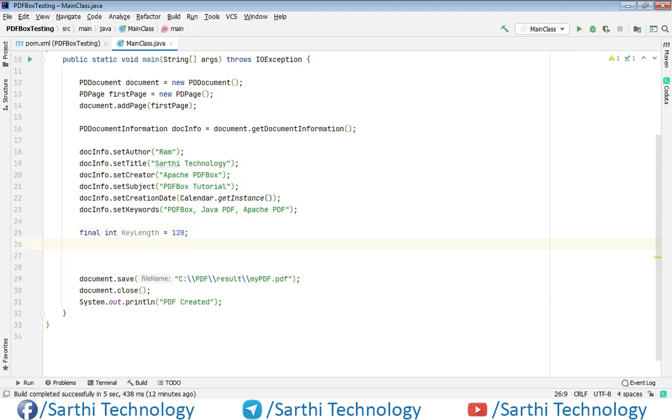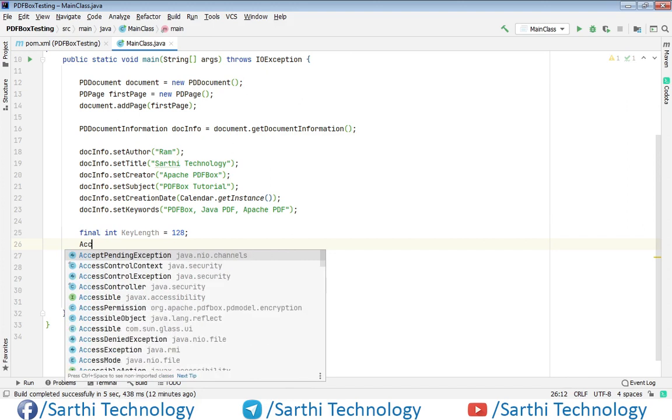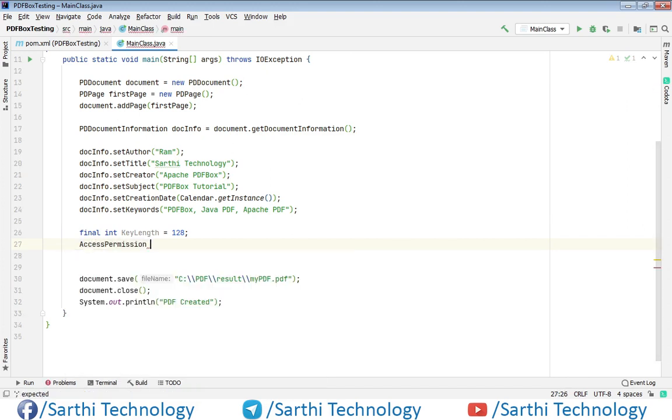Now we need to create one object of AccessPermission. AccessPermission, new AccessPermission.